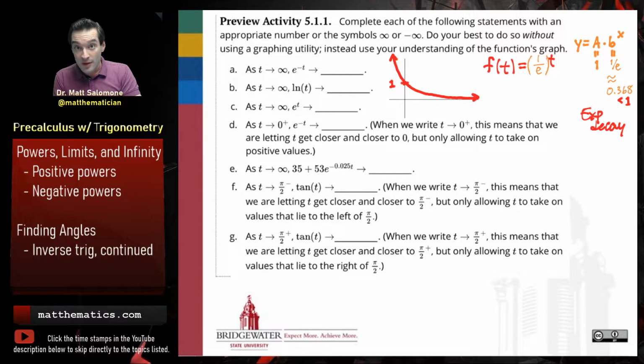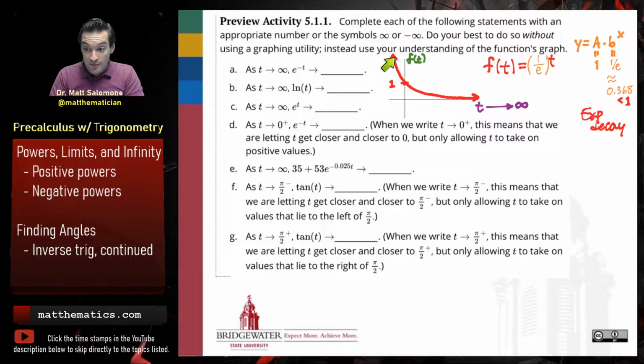So here's a graph of f of t equals e to the minus t. And so the question that's being asked here is, what is happening to the y value, if you like, the f of t value, as the t value tends out towards infinity? So as we go all the way out to what I call the rightmost horizon of this graph, if we were to follow this graph out infinitely far toward the right side,